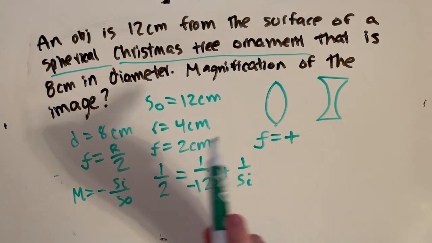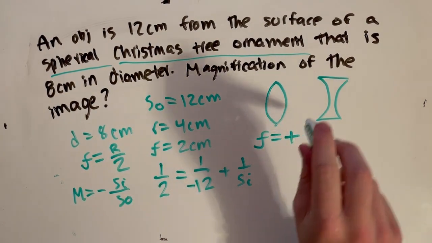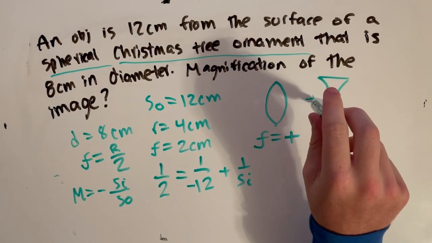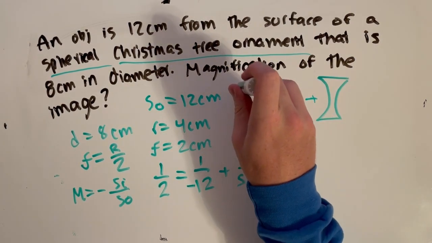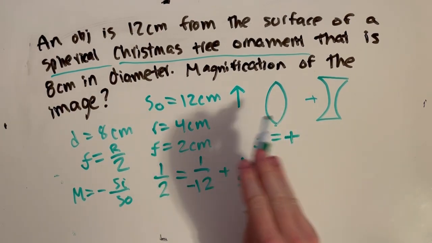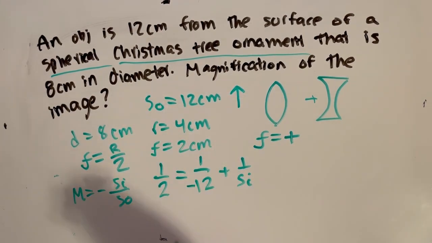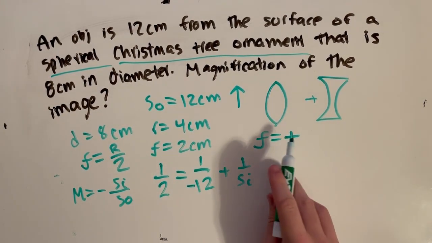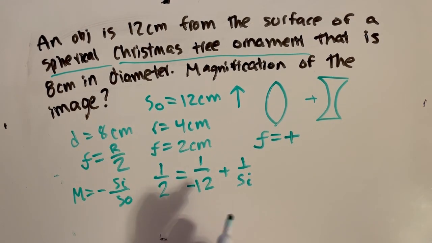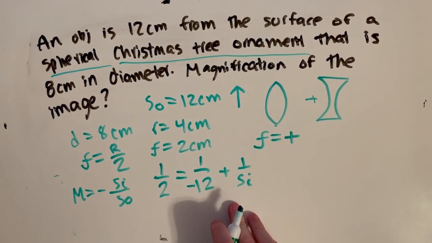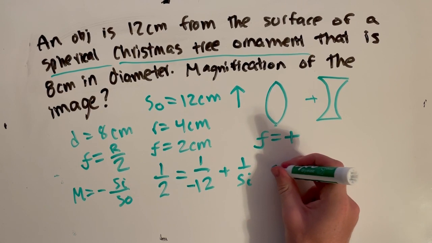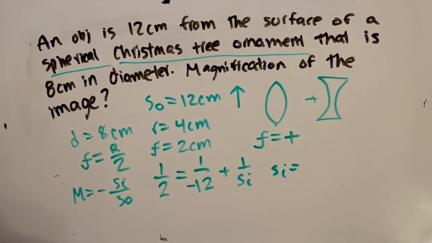Let me redo that one. So the focal point is going to be on the positive side, which is going to be over here. But the object for a converging lens is going to be on the left side. Because the two are on opposite sides of the lens, we know they have to have opposite signs. If the focal length is positive, that means the object distance has to be negative. Okay, moving on, we use the mirror's equation to get our image distance, which is going to turn out to be